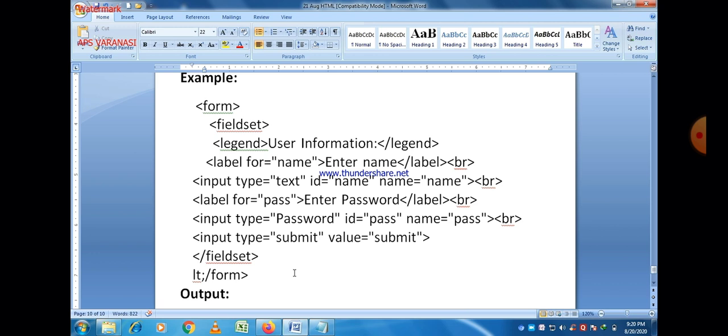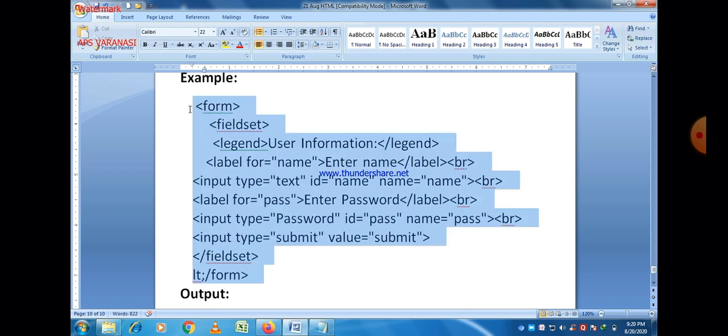So the program always starts from the form and ends with the form. You can easily see on the screen. After that fieldset, and within the fieldset you must declare legend as a caption. Legend is user information, and within that you can see a text field, a password field, and the submit button.